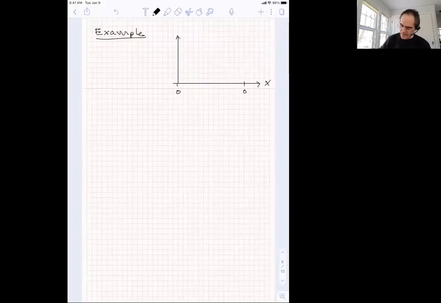Okay, let's use what we've learned to figure out an example. Let's find the probability of finding a particle in the first 10% of an infinite well. Okay, so our goal is to find the probability that a measurement would find a particle